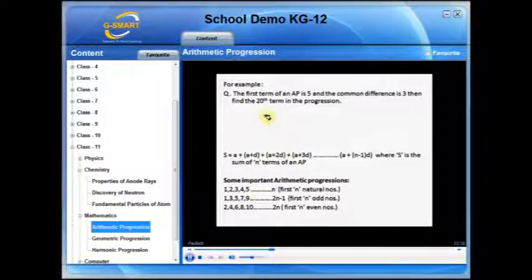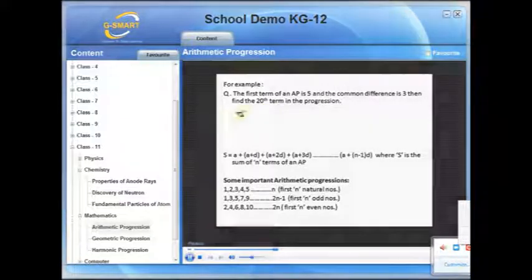Let's see an example. The first term of an AP is 5 and the common difference is 3. Then the 20th term in the progression will be, we have to find the 20th term in our